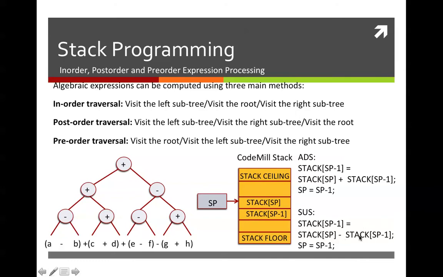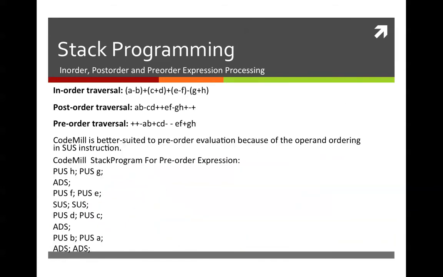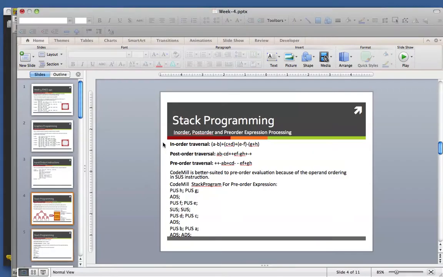And in post-order, we need what I call a duplicate stack instruction, sorry, not duplicate, an exchange stack instruction, to be able to actually process this in an algebraically correct way. So now if we just go ahead and do these traversals, maybe just to see this,